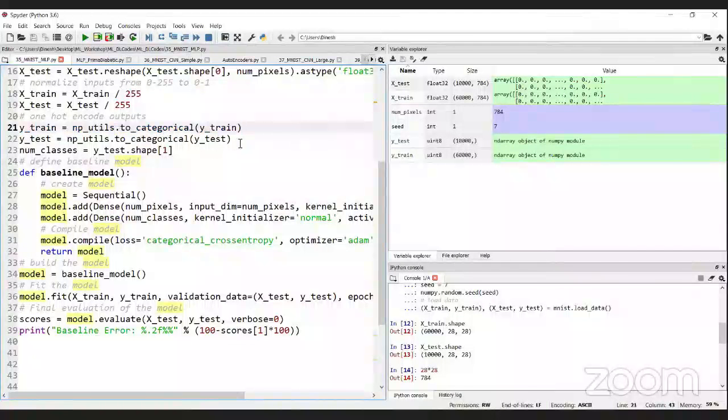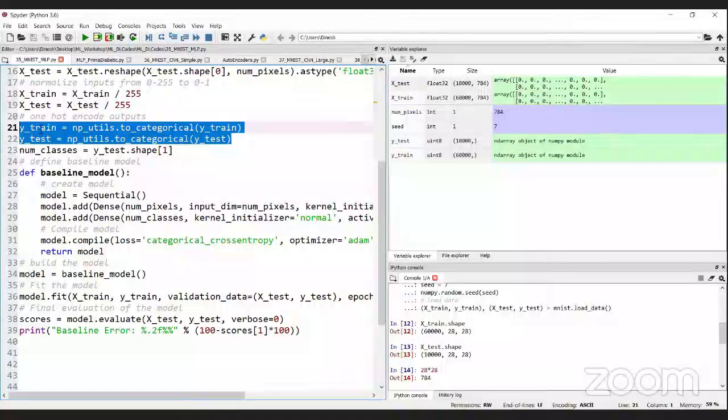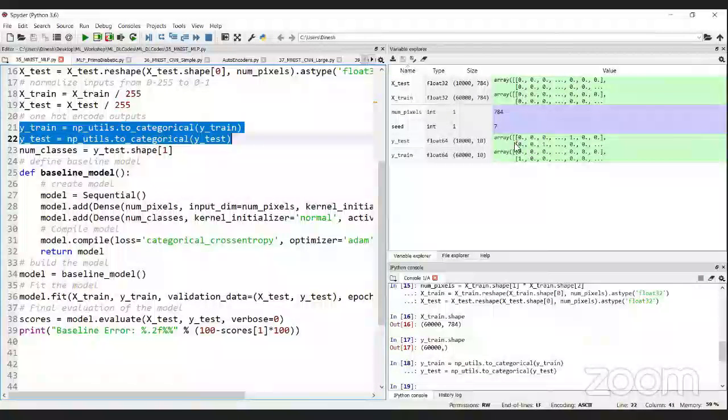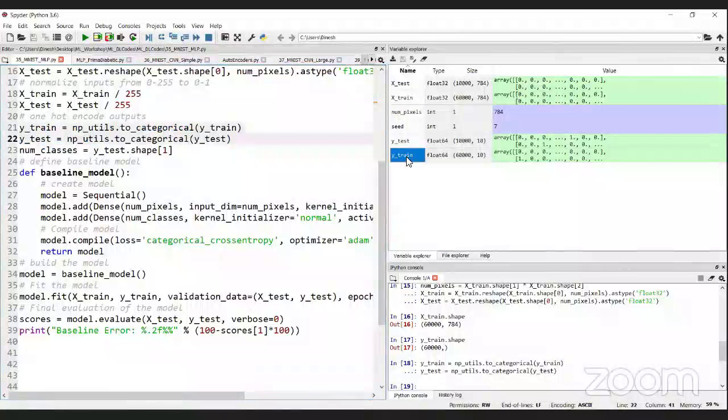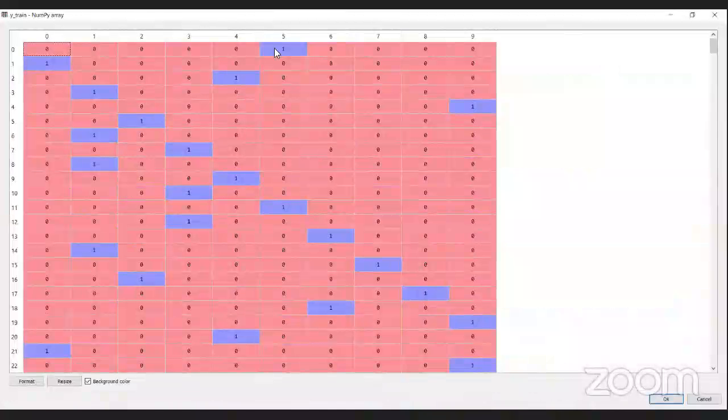This y data I'm converting into categorical data, to make it one-hot encoding. Basically, I'm converting it into a 10-class vector like this. The first sample was 5, right?